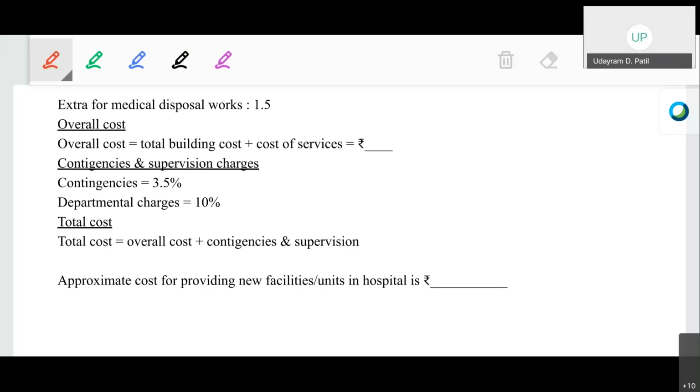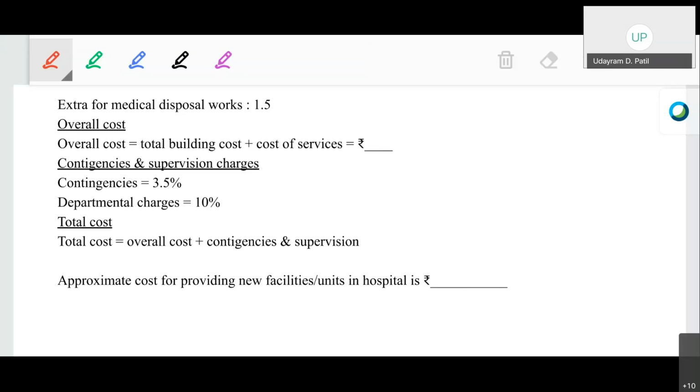Yes, the cost of the contingencies is 4 lakh 4,025 rupees, at 3.5%. The cost of the departmental charges is 11 lakh 54,357. So, adding the overall cost with the cost of the contingencies and the supervision charges gives us the total cost. OK, the total cost is 131 lakhs